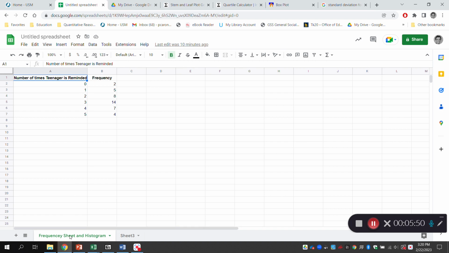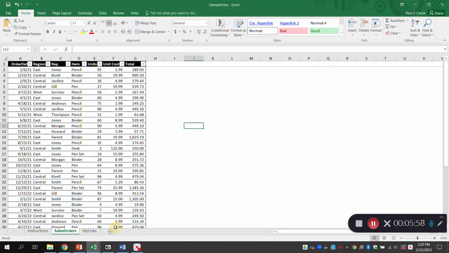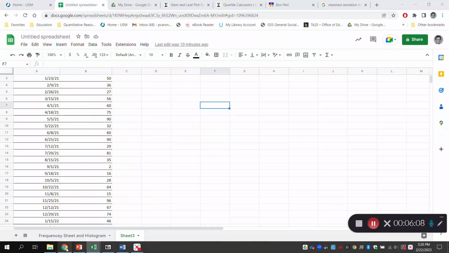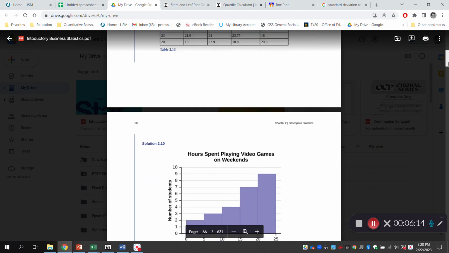I have this sheet over here with a lot of data. I downloaded this from some free website, and it's just a bunch of data: order date, item, and a unit cost. So what a histogram is, going back to this particular chapter, is another physical way to